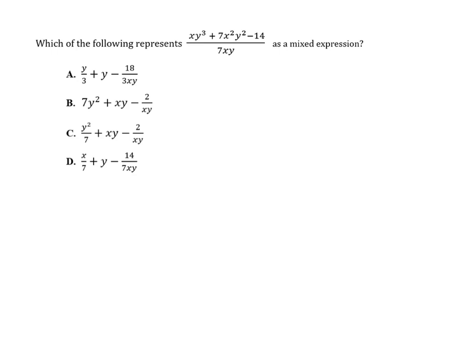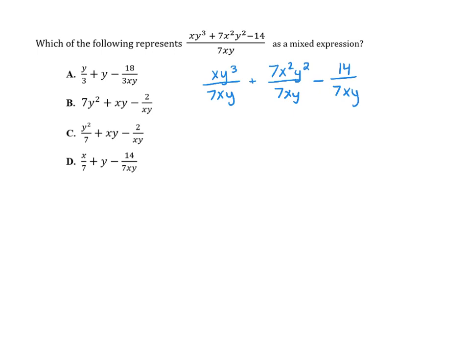For this problem, we're supposed to simplify this and write it as a mixed expression. So the first step would be to take each of the parts of the numerator and write it over the denominator individually, because when you have a denominator, technically it's dividing every single piece. All right, so now that I've written each part of the numerator divided by the denominator, I'm going to simplify